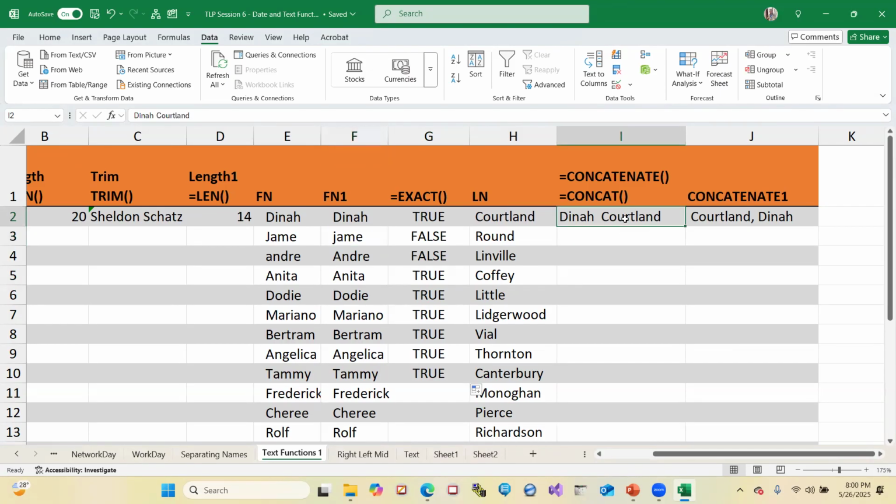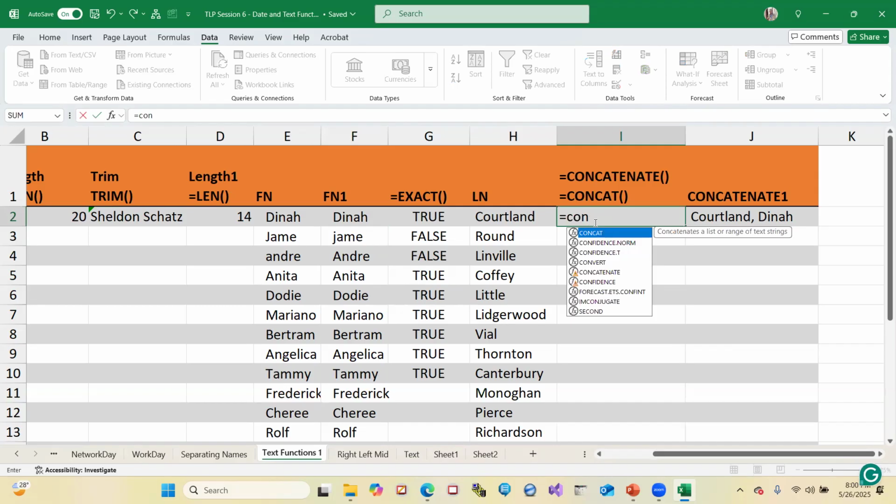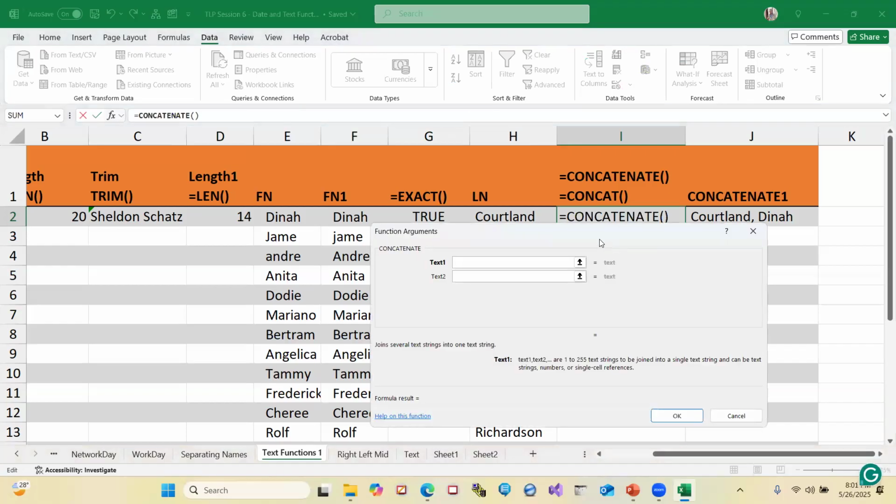So I'm going to remove this. In this case, I'm going to join my first name and my last name, but I'm going to separate them by a space. So equals CONCAT. Now I have the ability to use both of them because I'm using 365. If you are using 2016, you should have access to CONCATENATE, not CONCAT. But for the sake of this presentation, I'm going to use CONCATENATE